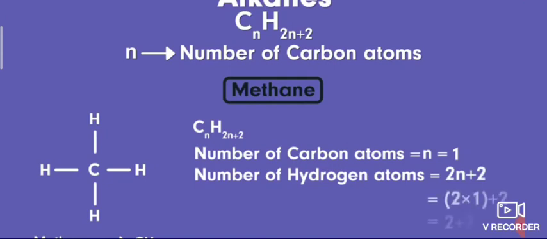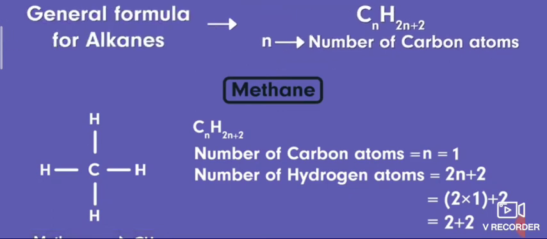The number of hydrogen atoms is 2N plus 2, therefore 2 into 1 plus 2, which is 2 plus 2, 4 hydrogen atoms. So one carbon can combine with 4 hydrogen atoms in single bonds. Then it is known as alkane. So CnH2n plus 2 is the general formula of alkane. In such a way,